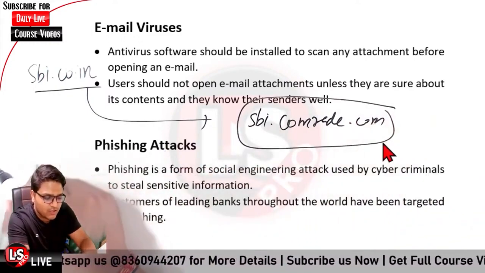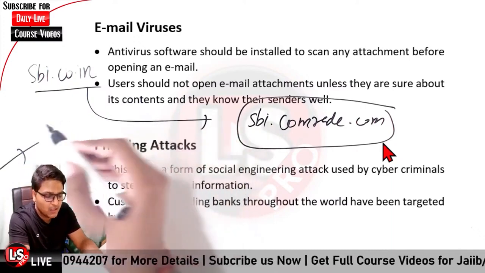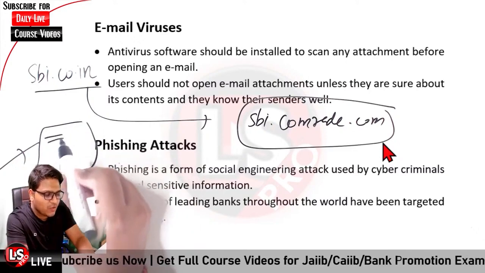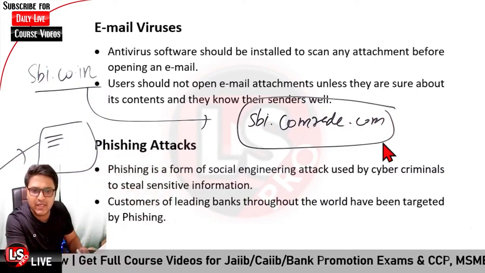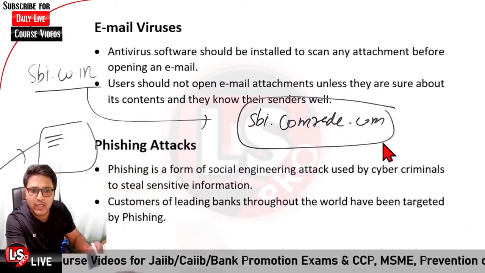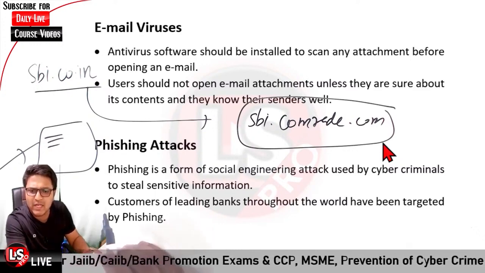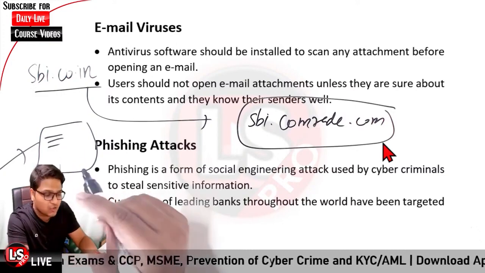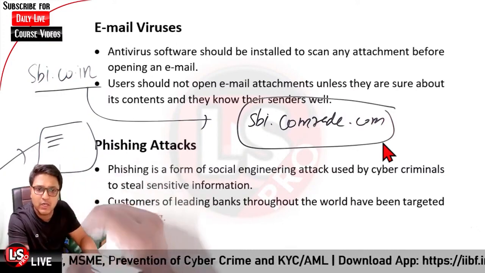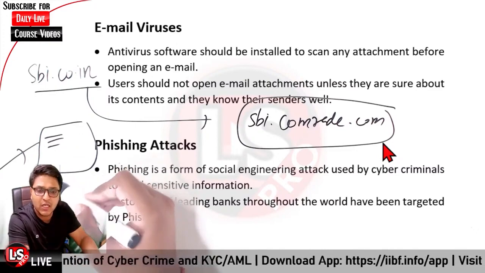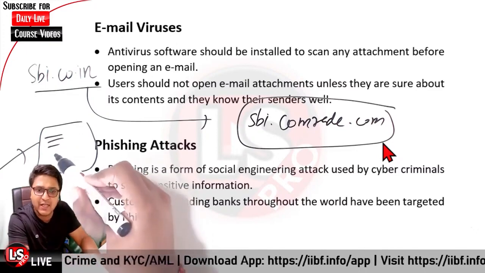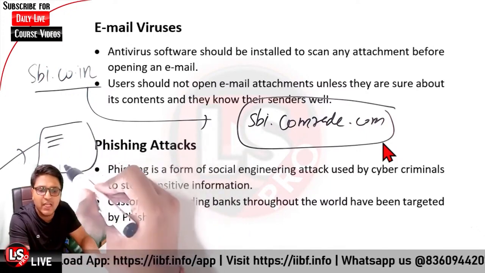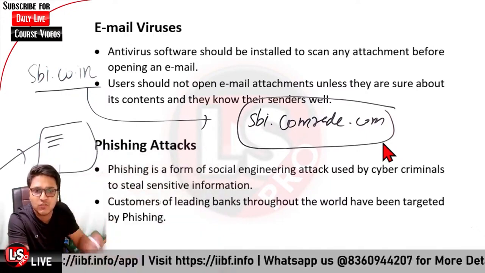Now the attacker will send you an email. Over there it will be written that this particular account belongs to you, and it would be said that it is an invitation letter so as to unblock your ATM. Whatever message could be sent, it is so that you click on the particular link. Or it could be said in the email that your password has expired. Click on the link below so as to regenerate a new password.